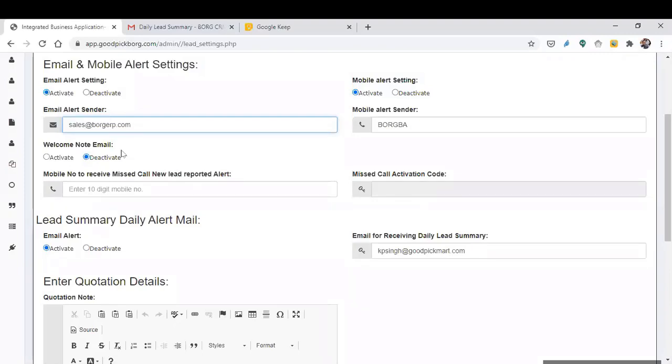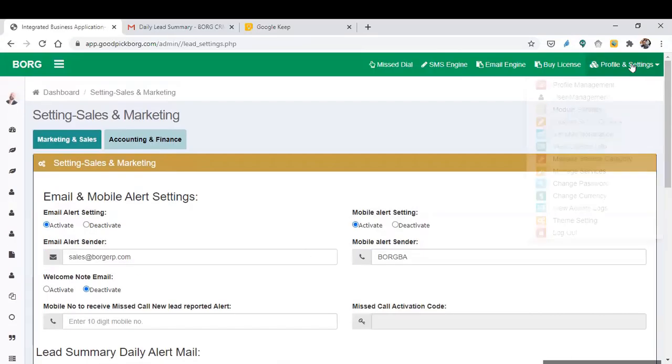That email ID has to be entered over here. This email ID will receive a detailed summary of today, yesterday, this week, and this quarter. All these details will be sent by the CRM system to that particular person.